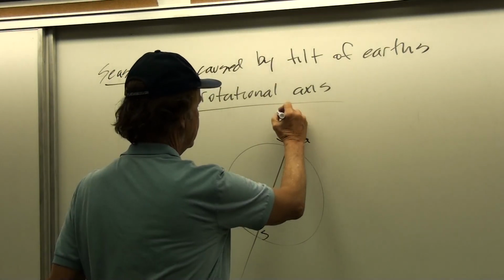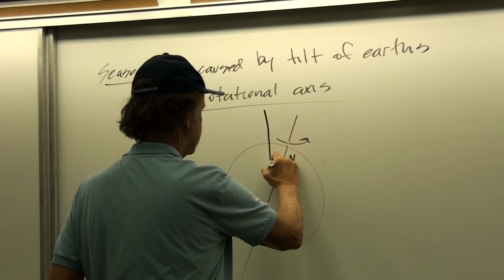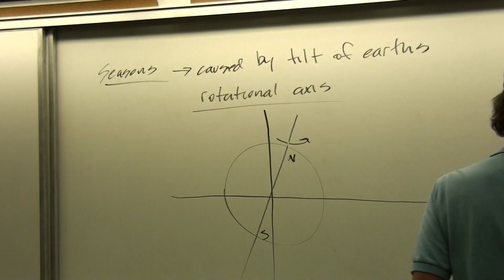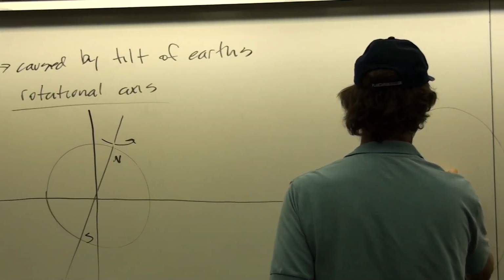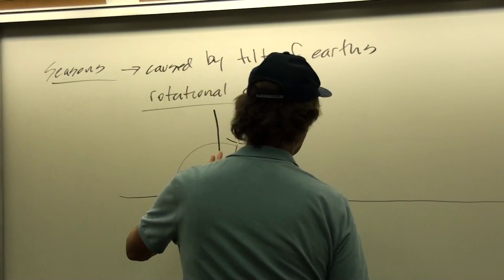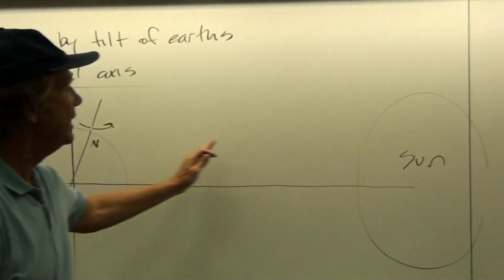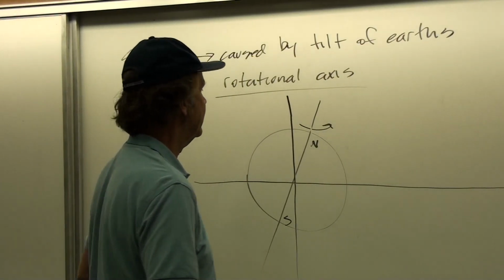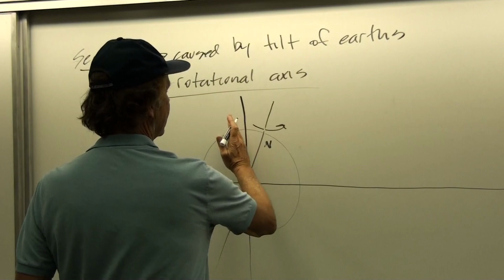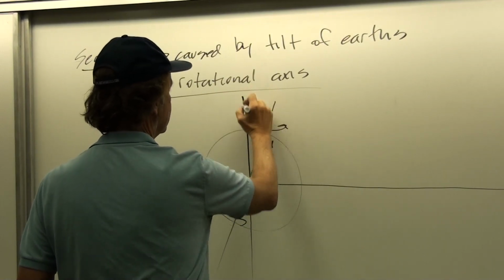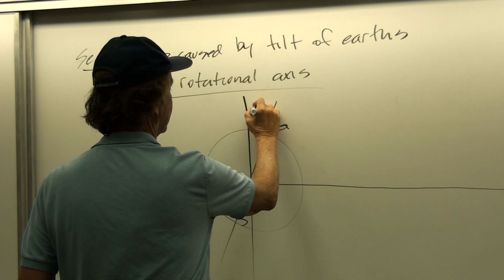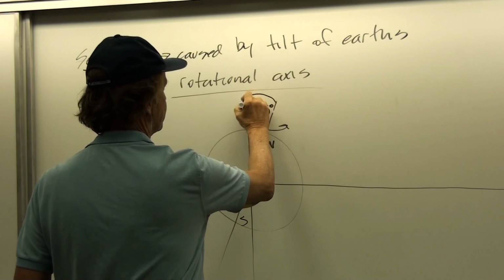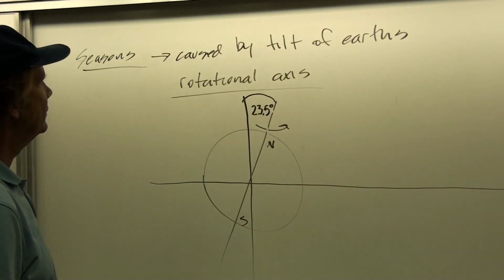And so this tilt then is with respect to the vertical, and the vertical is measured with respect to the ecliptic plane. And so here's the sun, and then the Earth goes around the sun in a plane that also contains the other planets called the ecliptic plane. So this angle is an angle of tilt from the vertical to the ecliptic plane, and is about 23.5 degrees. Okay, and so where did this tilt come from?